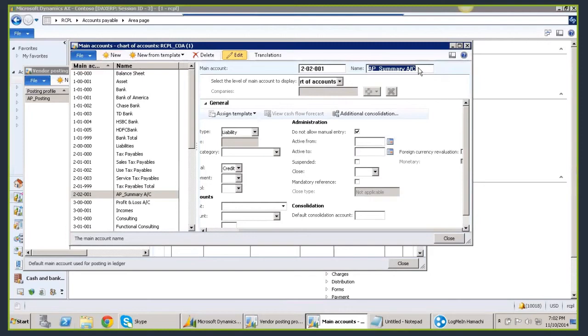If you allow end users to post transactions manually against this ledger account, there is a possibility for the end user to interfere and increase or decrease the balance of this ledger account. Then it will not reflect the true vendor balance which we have to pay to our vendors.